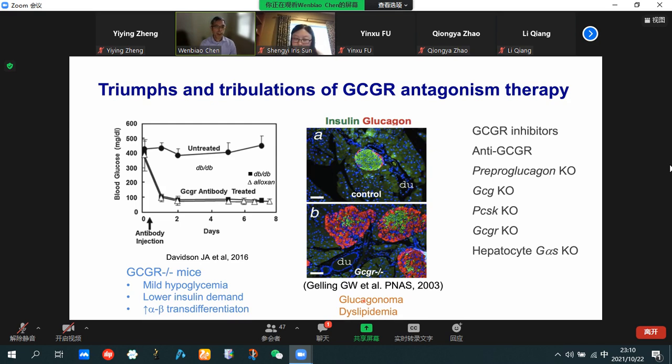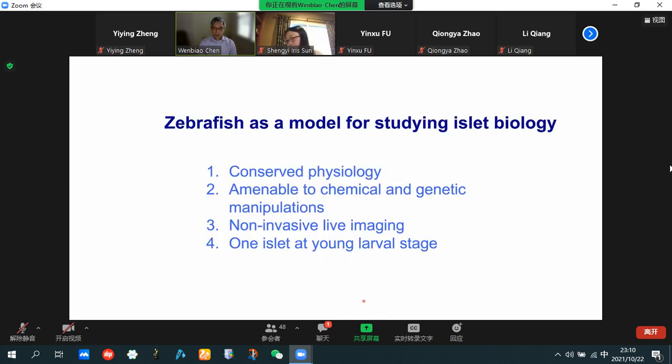For that, we need to understand the mechanisms of this glucagon signaling deficiency-induced alpha cell proliferation, which currently was unknown. So those two questions motivated us to try to develop a zebrafish model